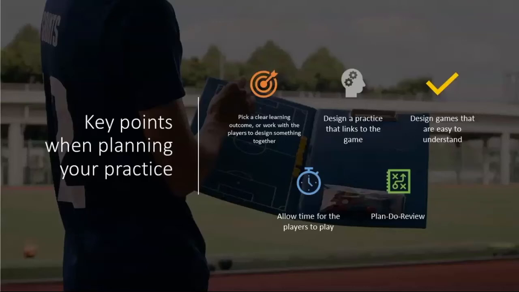Some other ideas about reflection. There's models out there called thinking aloud. So that's about while you're coaching, actually almost trying to keep track of what you're thinking when things happen, because what was the difference between you stepping in or deciding to stand off and step back? And actually, if you understand the things that make you make decisions in sessions, that will have a better impact on the players.